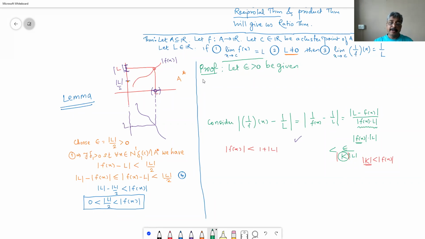One and two imply there exists delta 2 greater than 0, such that for every x belonging to the deleted delta 2 neighborhood of C intersection A star, we have